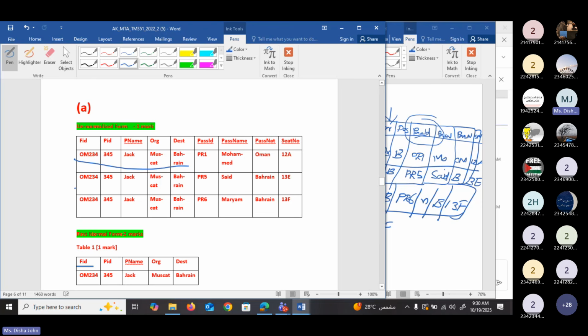This is the first row, and this is the second row, and this is the third row. So all the values are repeated. Flight ID is repeated, pilot ID is repeated, pilot name is repeated, origin airport is repeated, and destination is repeated. So what we are going to do, we need to remove these columns from this table to make the table into 1NF. If you want to convert 0NF into 1NF, check whether there are repeating values. Those columns need to be separated, or removed from that original table. Okay. So what are the columns that we need to remove?